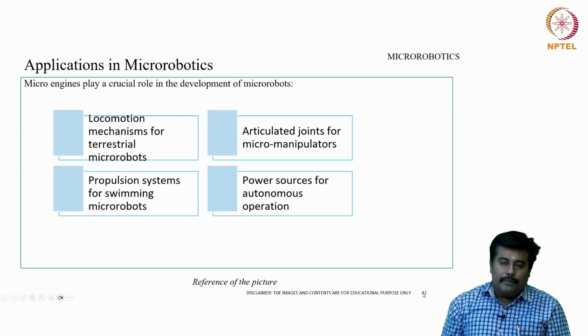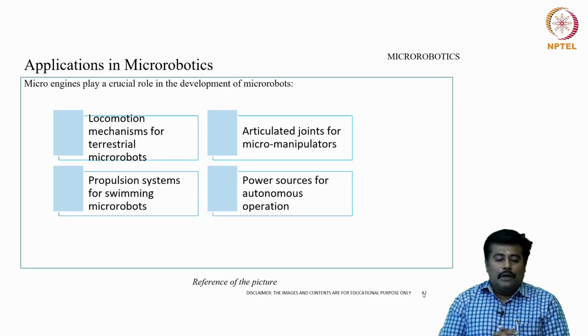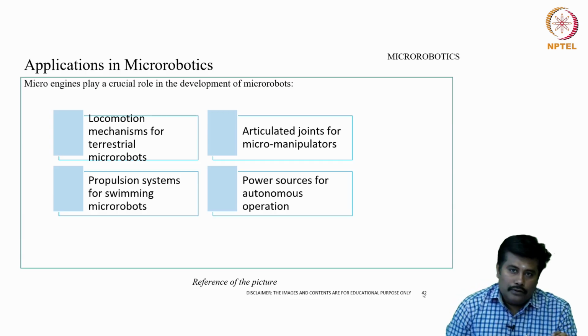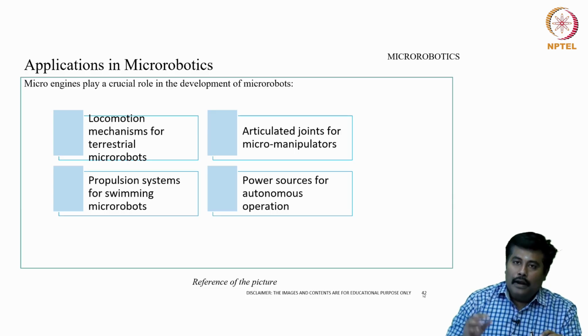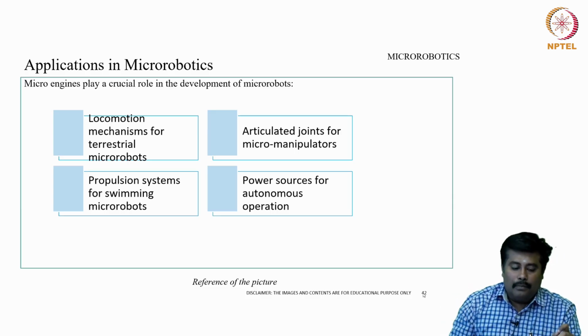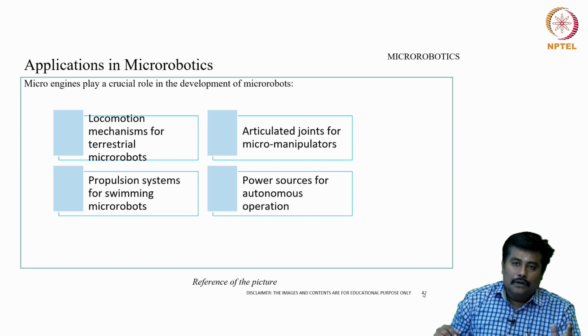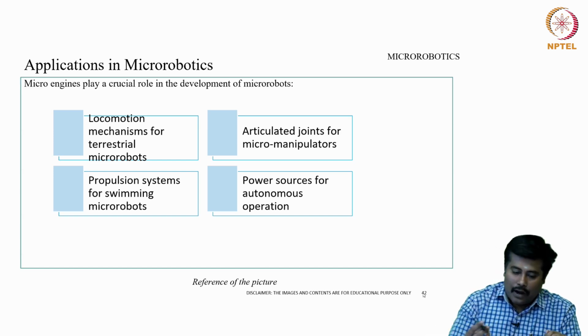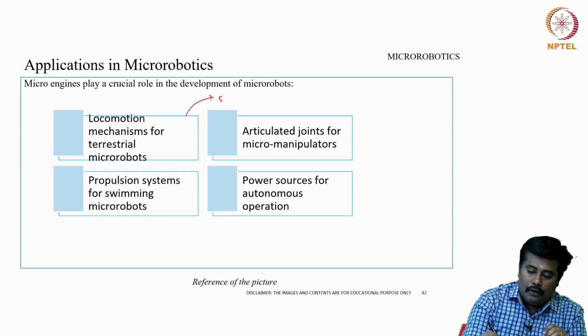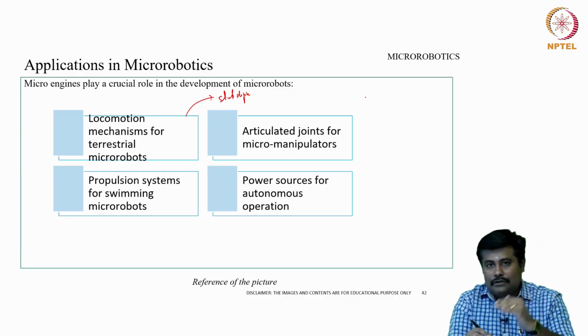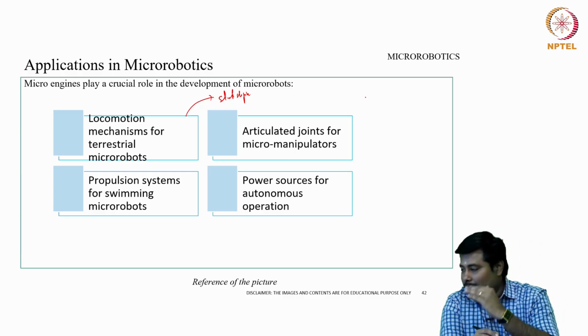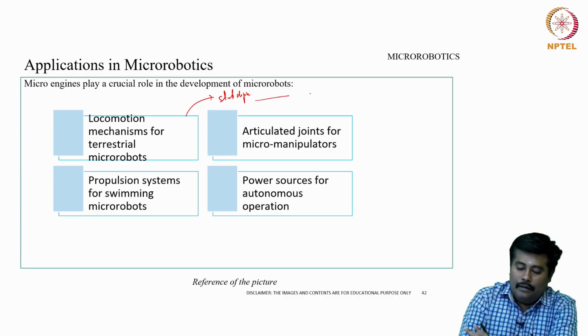Now, as far as these micro engines are concerned, they play a crucial role in the development of micro robots. One of the crucial roles includes a locomotion mechanism for terrestrial micro robots, and an articulated joint for micro manipulator related applications. As far as these locomotions are concerned, it might be stick slip based or sometimes comb based, and there are some mechanisms where, with high frequency vibration, we can have a kind of locomotion,